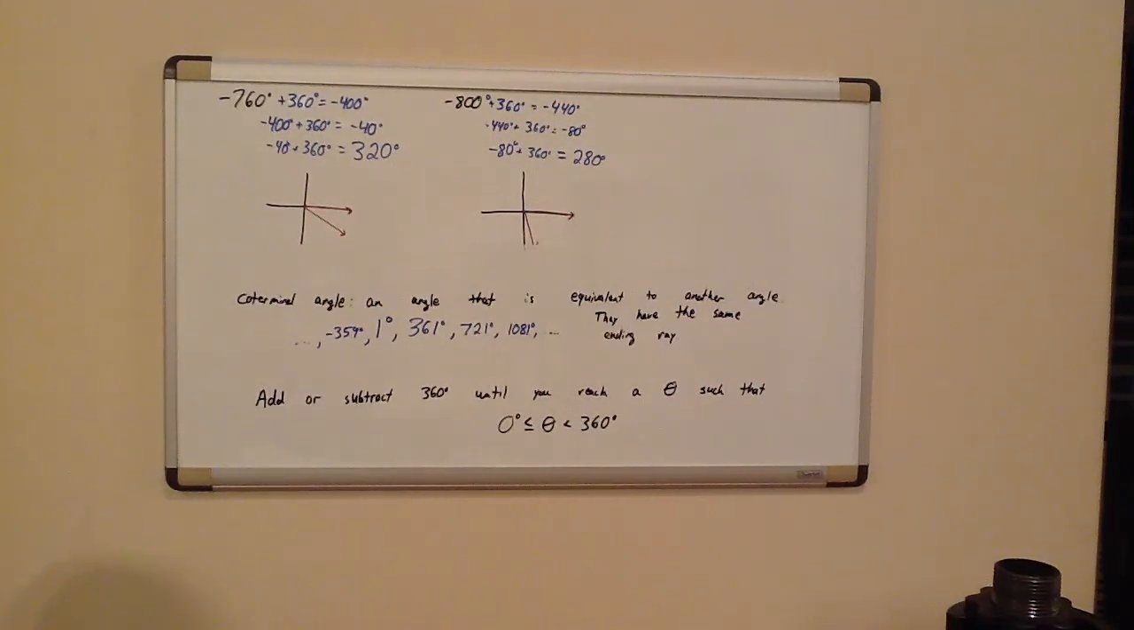Okay, there's some problems at the bottom of the page. I think they're pretty self-explanatory. There are a few problems at the top of the next page, or on the back. And it's true-false stuff and fill in the blank. I think it's pretty self-explanatory as well. There's another video that deals with radians, and it's also posted on the